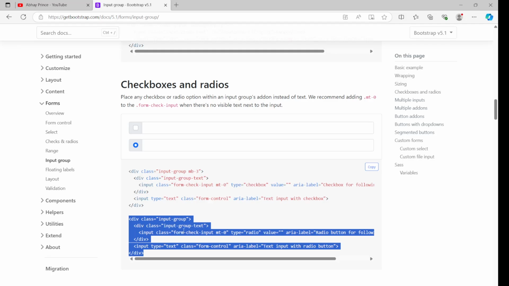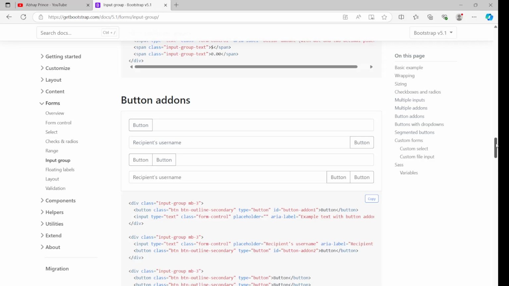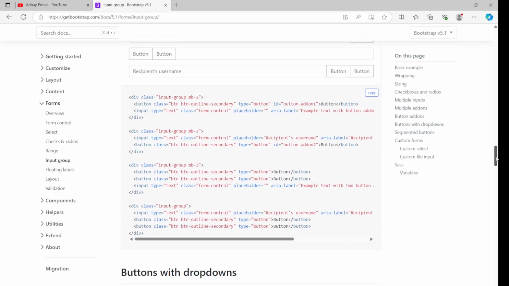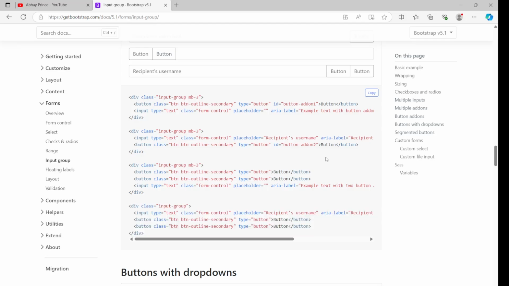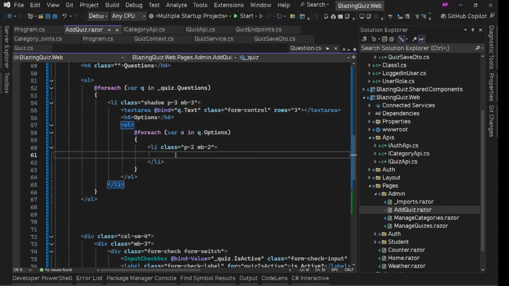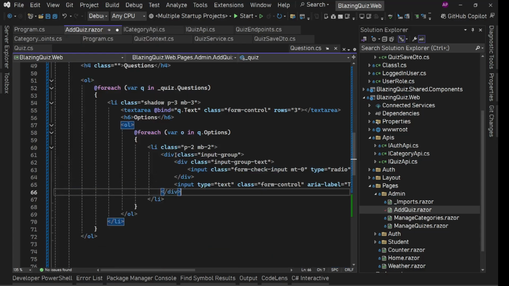Let me copy this, and we should have a button as well. So we have button add-ons, buttons, button. So here after input group we are going to have a button as well. So I'll use this as well, or maybe let me copy this thing as well. Two input groups I have copied. Then we'll go to our Visual Studio, and here we are going to paste these. The first input group,